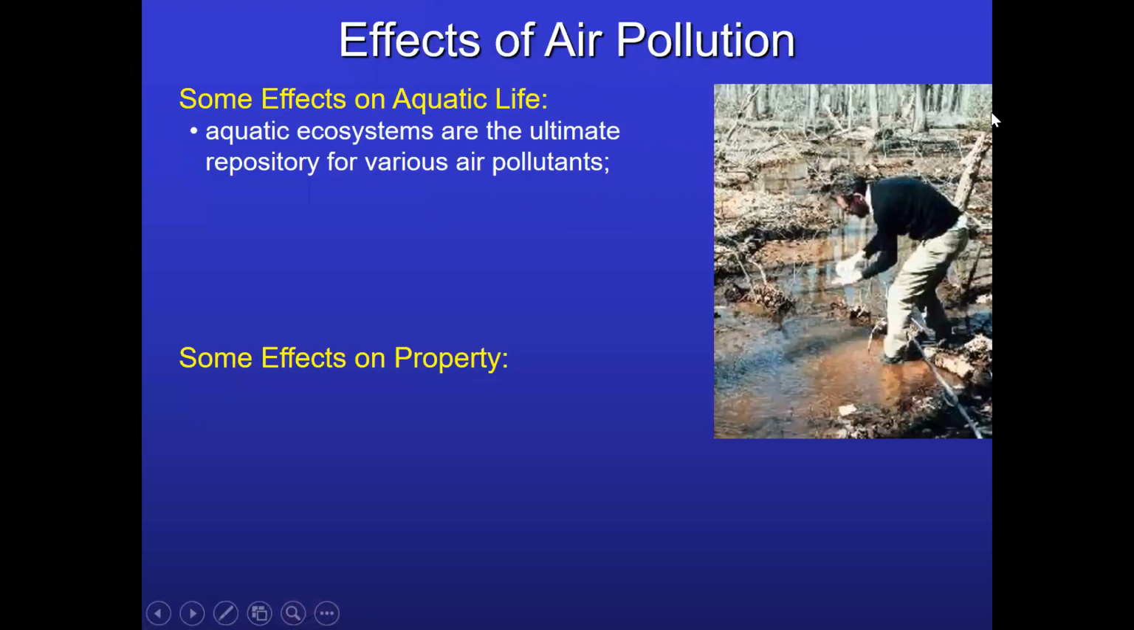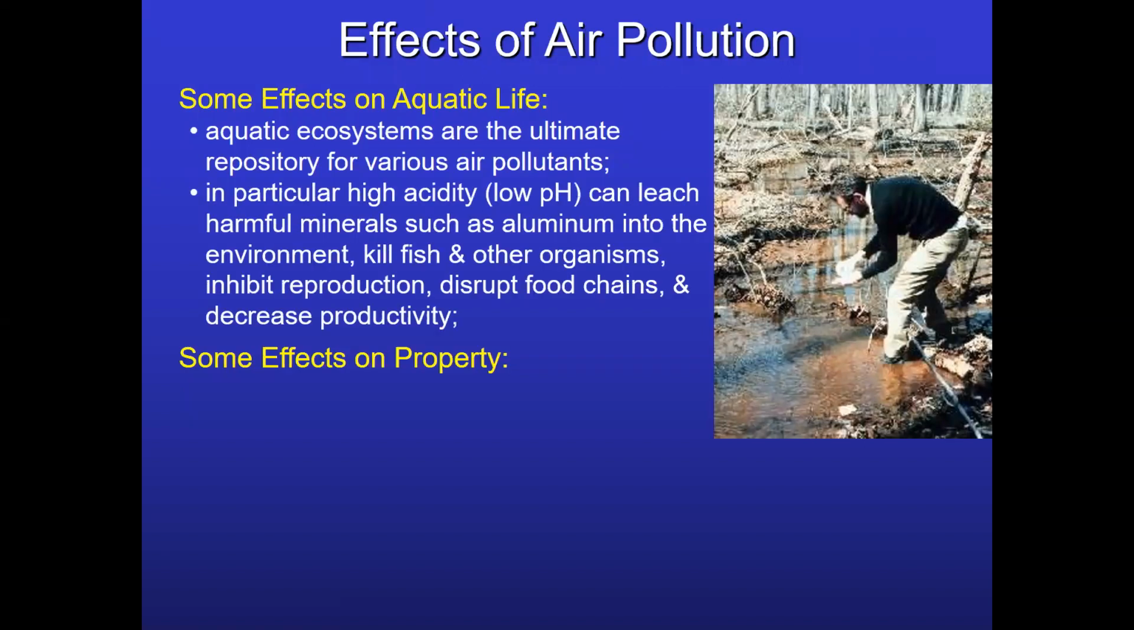So effects, we'll start with those. The effects on aquatic life are particularly bad for air pollution because the aquatic ecosystems are the ultimate repository for various air pollutants. In particular, when you have acid rain damage, the nutrients and the metals that get leached out of the soil, including aluminum, are going to end up in your local water body. Water will also be where often soot and other things fall,